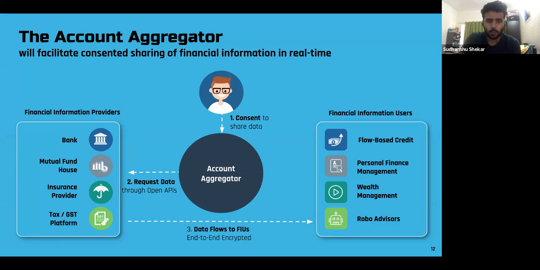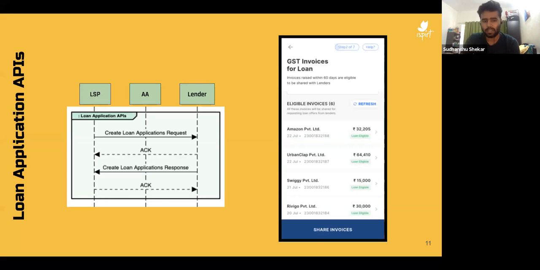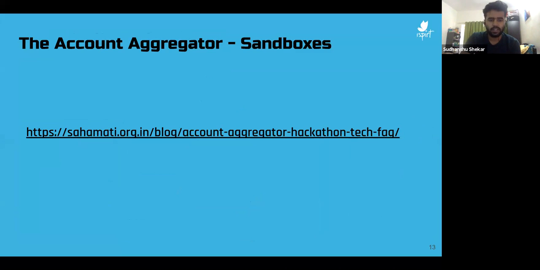Now, what happens is once the LSP has created a loan application, in the next step, he or she will ask for, okay, this is the link to more detailed sandboxes and more detailed implementation about the account aggregator ecosystem. Please go ahead and see this link. We'll share it post the presentation for access to